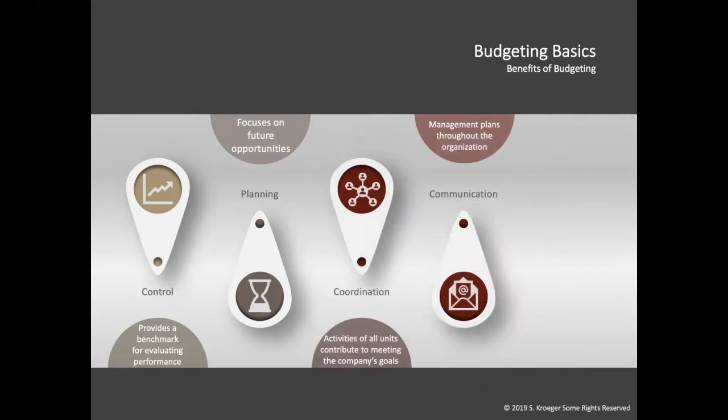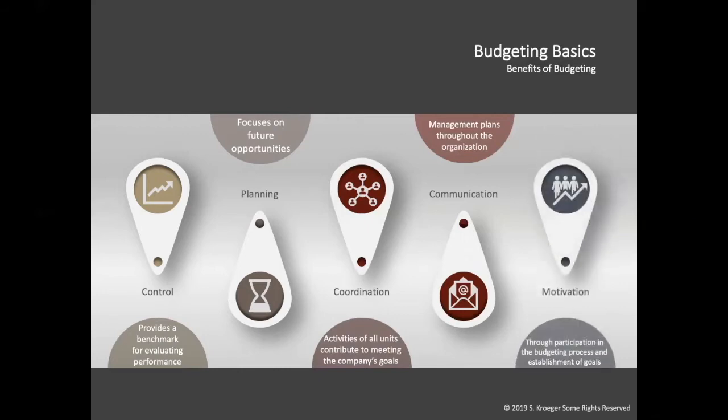The next management function is communication. This helps management to communicate their specific action plans and goals to all of the employees. You can't have a plan without communicating it to others. The last management function is motivation. Budgeting should provide attainable and exceedable goals for its employees. We'll discuss the motivational function more next.